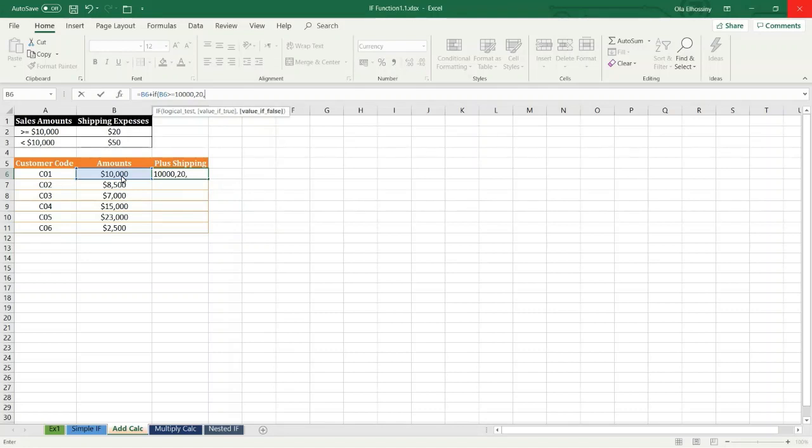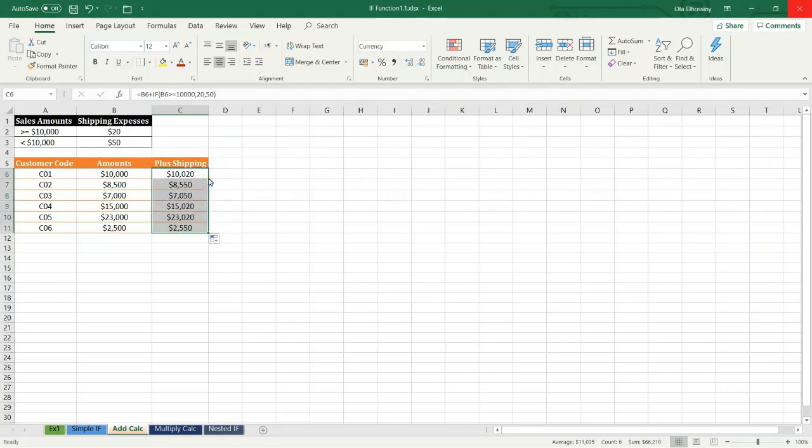Otherwise, the expenses is $50. Then closing the parentheses. What does this exactly mean? This means I want to add the sales amount to the result of IF function. Then I press enter and copy down the formula by double click the corner like this.